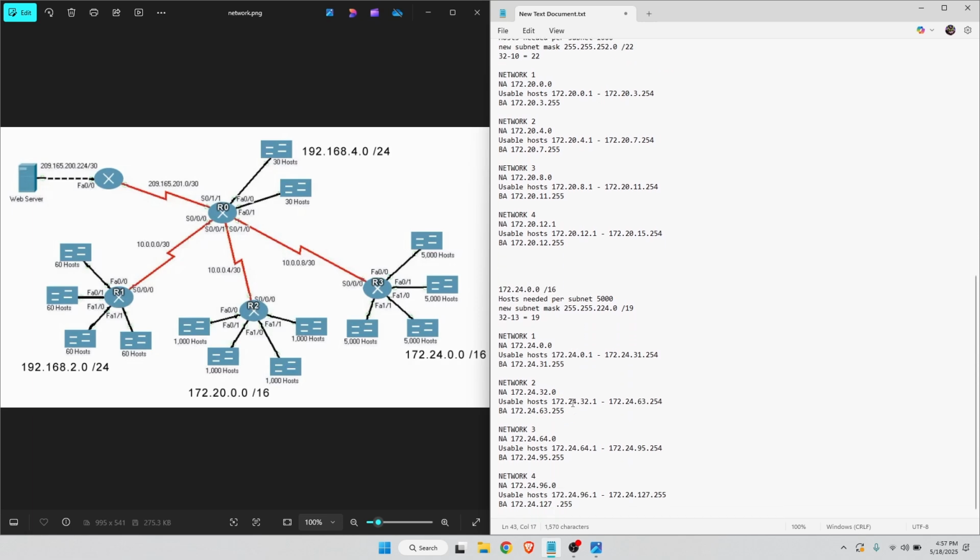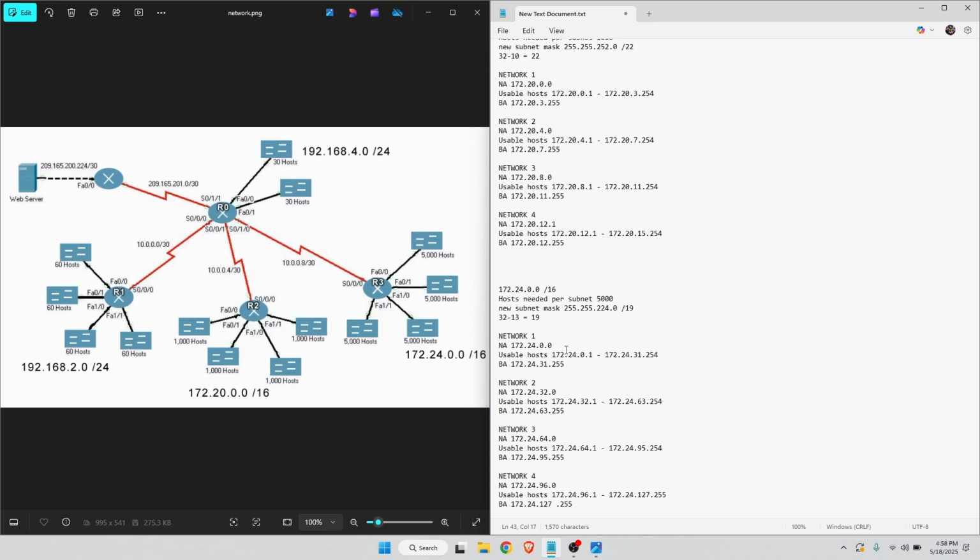We'll move on to the final one, which is 172.24.0.0/16, and this one needs 5,000 hosts per subnet. So here we get a new subnet mask 255.255.224.0. This is a slash 19 here, and the first network address for this would be 172.24.0.0, and the broadcast address will be 172.24.31.255, and the usable hosts, which again is everything in between,